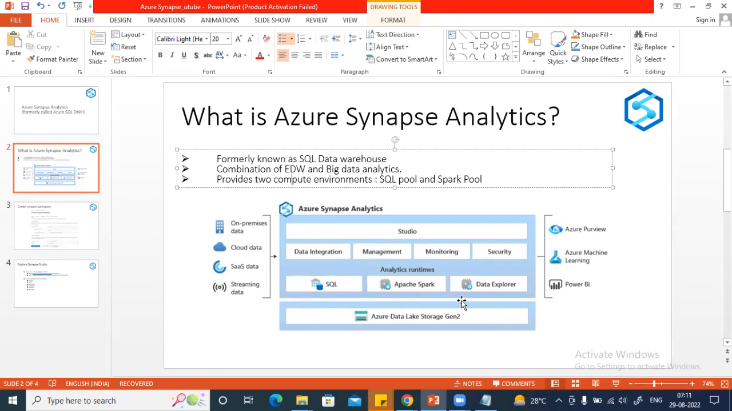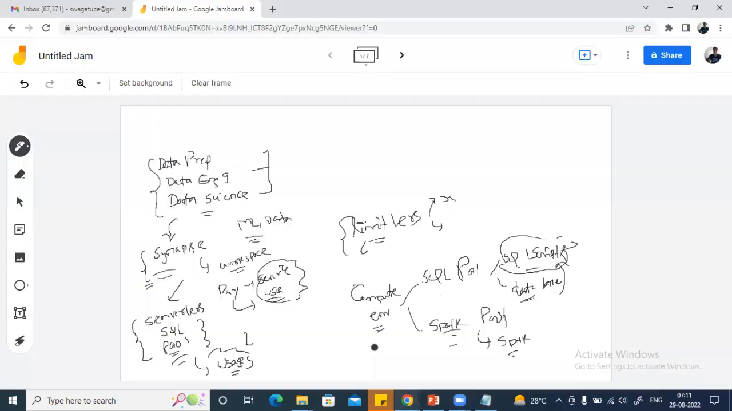For storage purposes, we have Azure Data Lake Gen2, which will be used to store the catalog or metadata information for this Azure Synapse workspace. So whenever you create a Synapse workspace account,